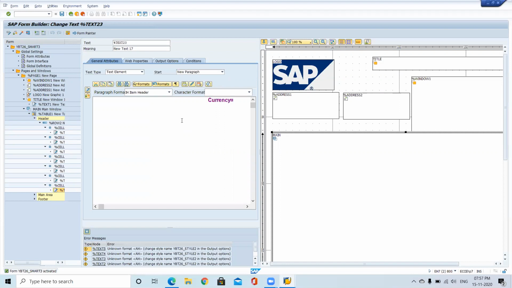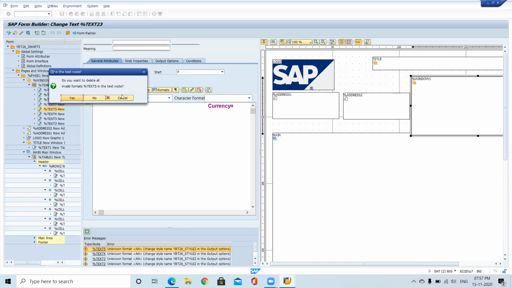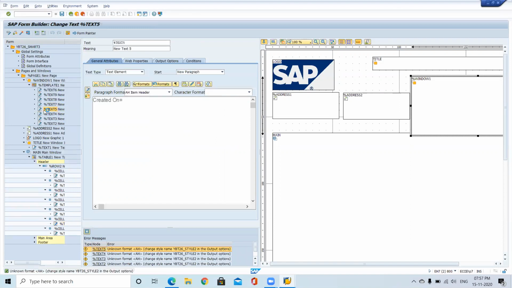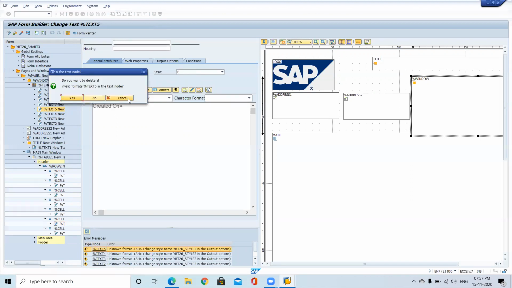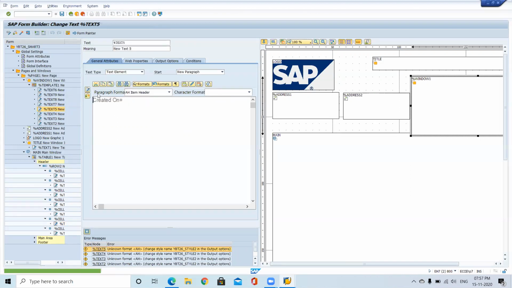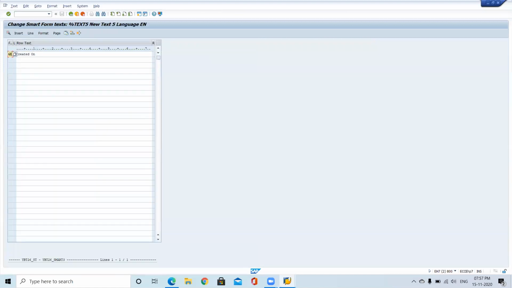So now it's activated. Now here it is showing like AH is not available. I changed the format. So where we use this text file? In a text file, previously I used AH. Now AH is not available. You have to use IH, item header.